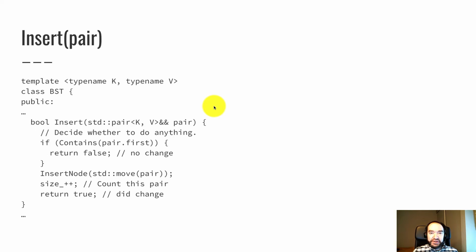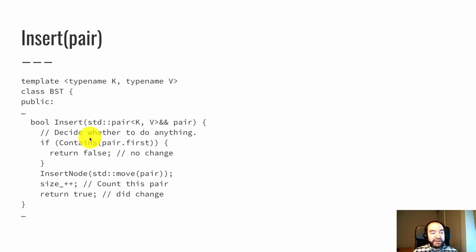Now let's look at the insert function. Remember that we factored the insert algorithm into some smaller pieces. So the insert function itself is not too long, but it calls into some other functions that do some of the work. Insert is given a pair to insert into the tree. It returns a Boolean to report whether we actually had any effect on the tree. So if the tree already contains the given pair's key, then we're not going to reinsert and overwrite. We're just going to say can't do anything in that case, and we return false. False means we did not change the tree in any way.